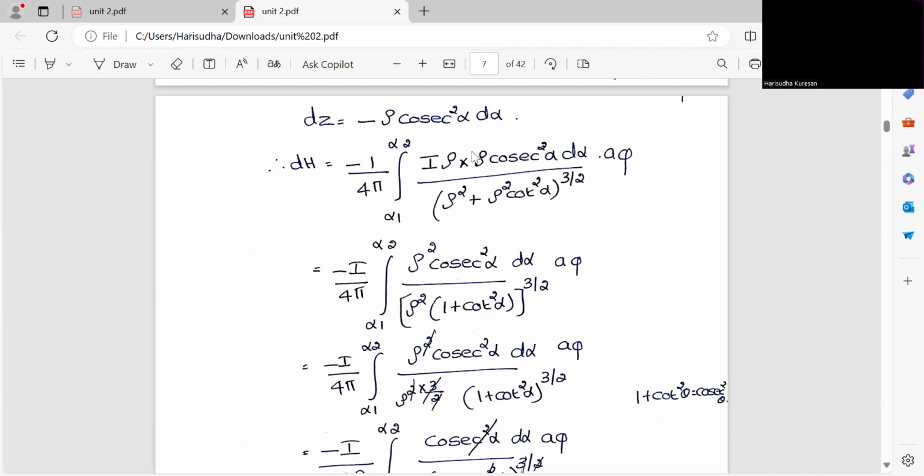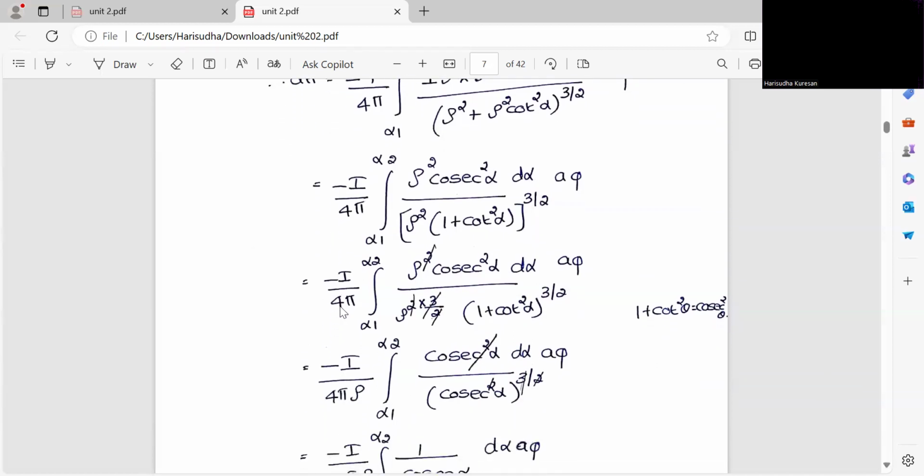Since I've taken I outside, I'll get rho square cosecant square alpha d alpha as it is, a phi divided by, in the denominator, rho square as a common term, so I'll take rho square common, 1 plus cot square alpha to the power of 3 by 2. So I'll be getting minus I by 4 pi integral alpha 1 to alpha 2, and then rho square cosecant square alpha d alpha divided by rho square, this power term I have taken, into 3 by 2, and for this term as it is I put 1 plus cot square alpha to the power of 3 by 2. So when you cancel out these powers, you will be getting